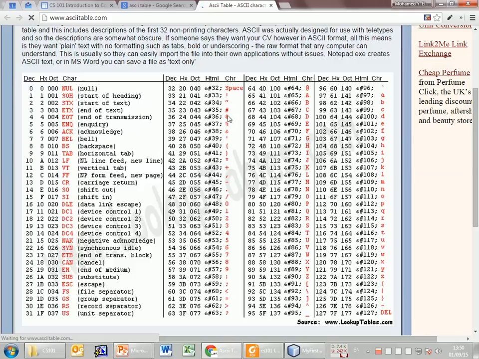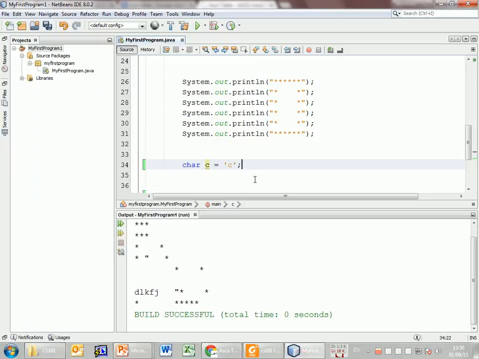I mean the letter C. What is the letter C? You see there's capital C and lowercase c. They have different numbers. This lowercase c has 99. So actually, if I display this, C is going to display